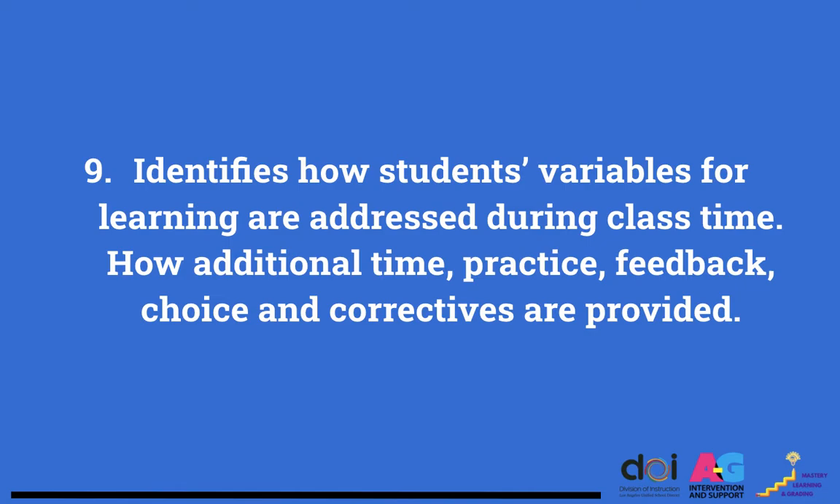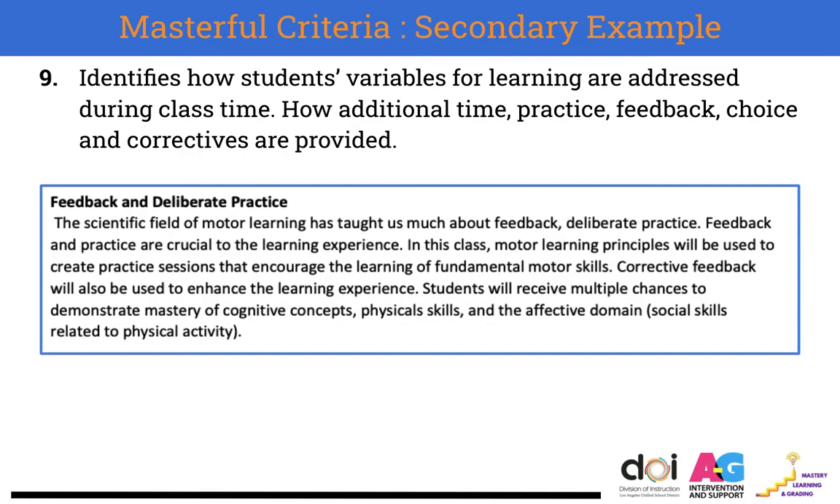Another criteria is that the teacher identifies how students' variables for learning are addressed during class time. In this example, the teacher has dedicated a section of the syllabus to touch on feedback and deliberate practice. Feedback and deliberate practice are part of the variables for learning, and the teacher goes ahead and explains that